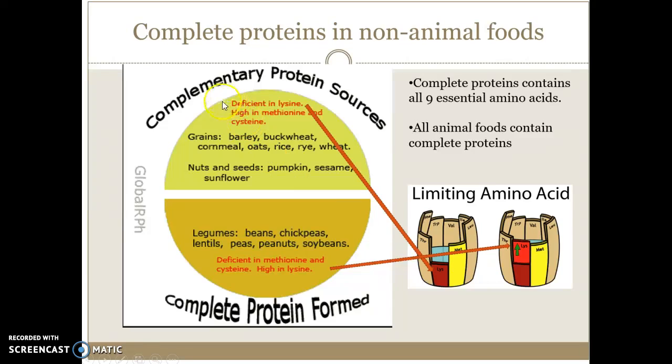So that's why when you eat a grain, you usually can't just eat grains all day and have complete protein. You have to combine it with some legume. The legumes are high in lysine, so that fills in that missing link so that now you can actually use the other 8 amino acids because you've completed this. So people that are vegetarian have to make sure to eat the right combination of plant products.